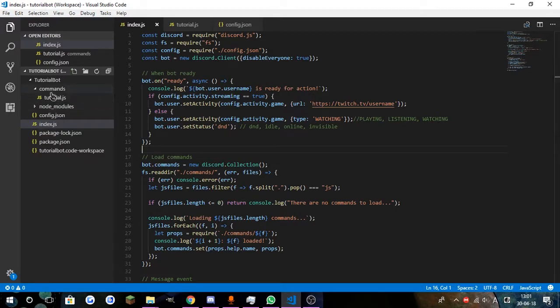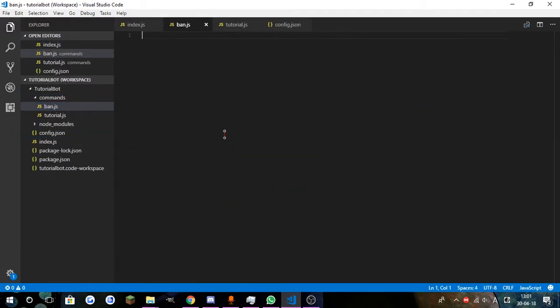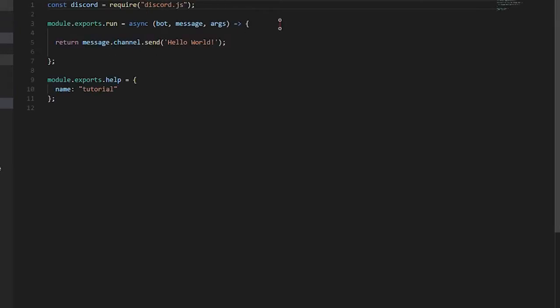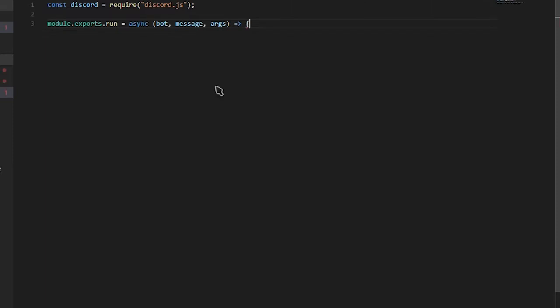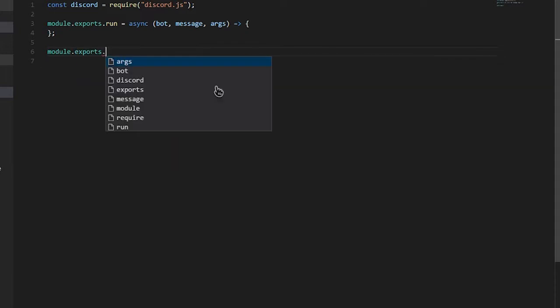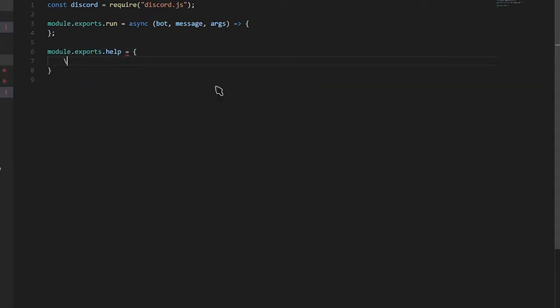So what we're going to do is go ahead and create a new command file. We're going to name it ban.js. We're going to get straight into this. It's actually very simple. What we're going to do is go over here. You can copy the same thing over and over again because this is what you're going to need anyways. The only thing that's really going to change is .help here,